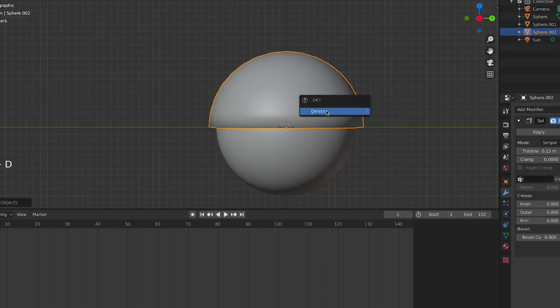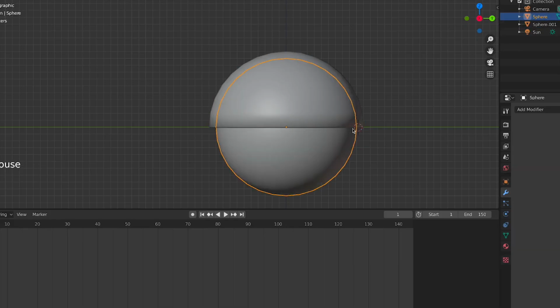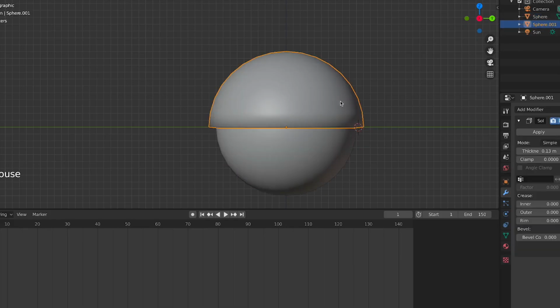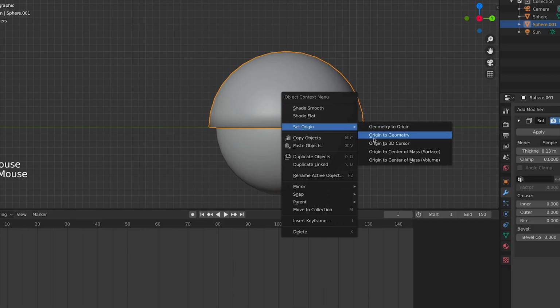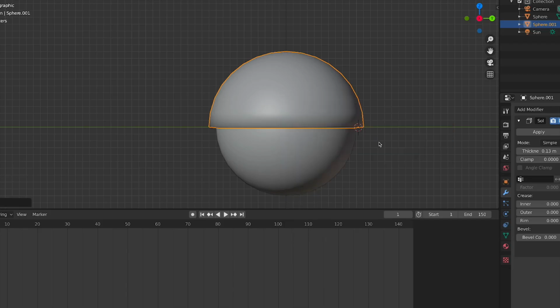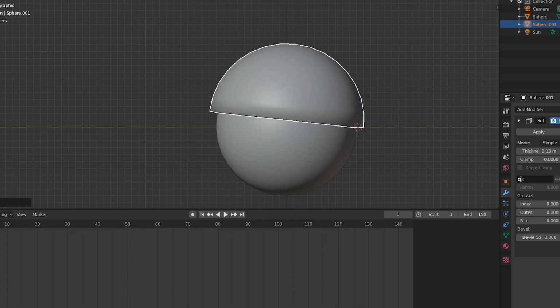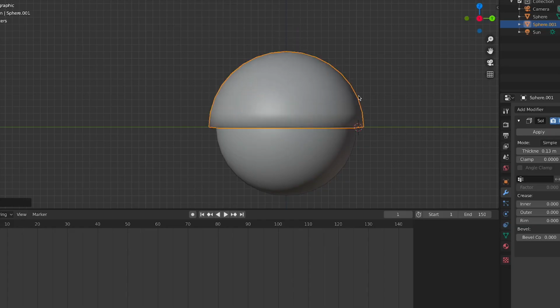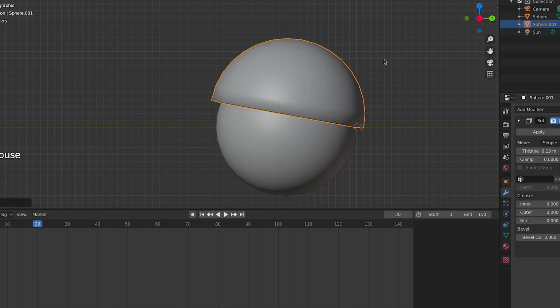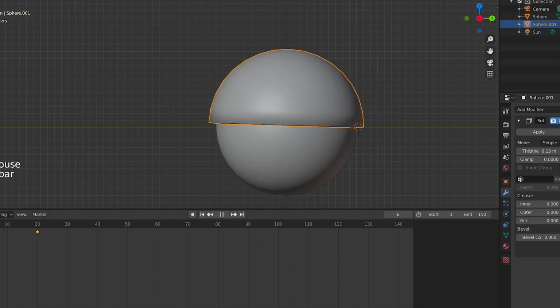So right now I'm going to change my 3D point here to the side, and basically I will change my origin point to be origin to the 3D cursor, and now you can animate blink by just pressing I for inserting location, rotation and scale. And for example, on the 20th frame we can pull this up,